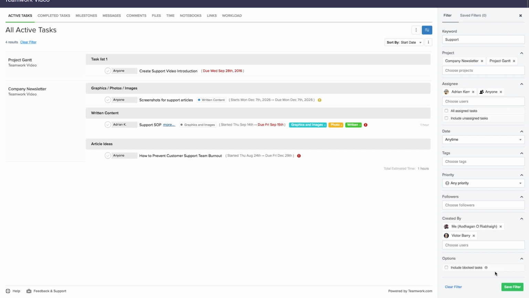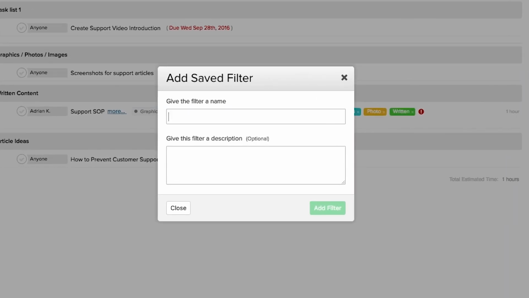If for whatever reason we're not happy with our filter, we can choose to clear it here, or alternatively, if we are happy with our filter and we feel like we will use it again, we can save our filter. In the pop-up window here, we just need to give our filter a name, so I'm just going to call this support tasks. And optionally, we can also add a description to our filter if we want. But once we're happy with our filter name and description, we just need to go down here and select add